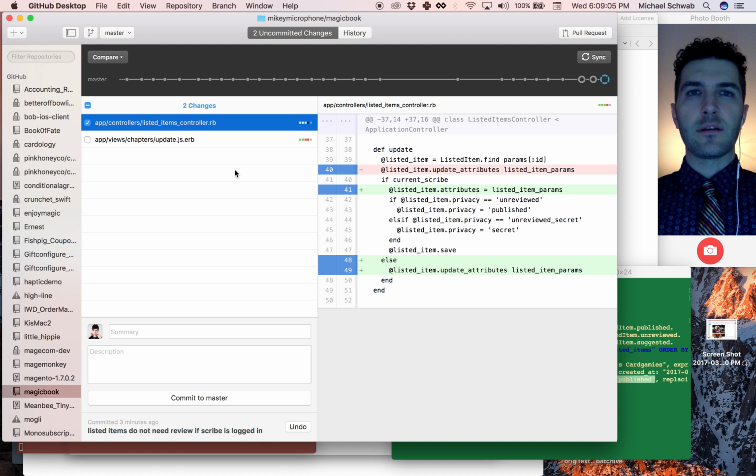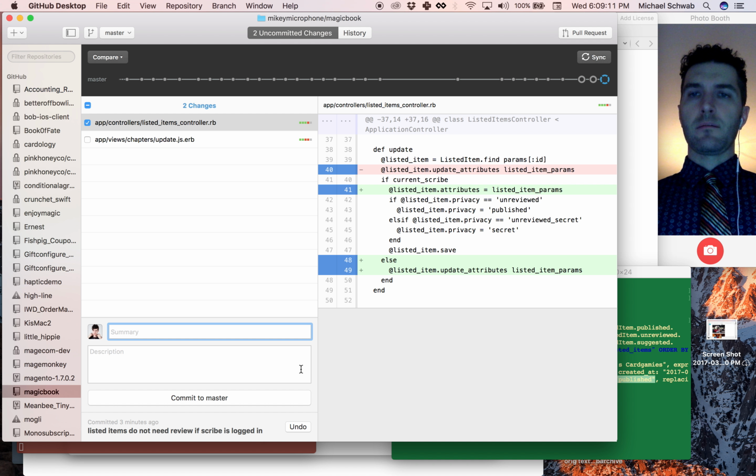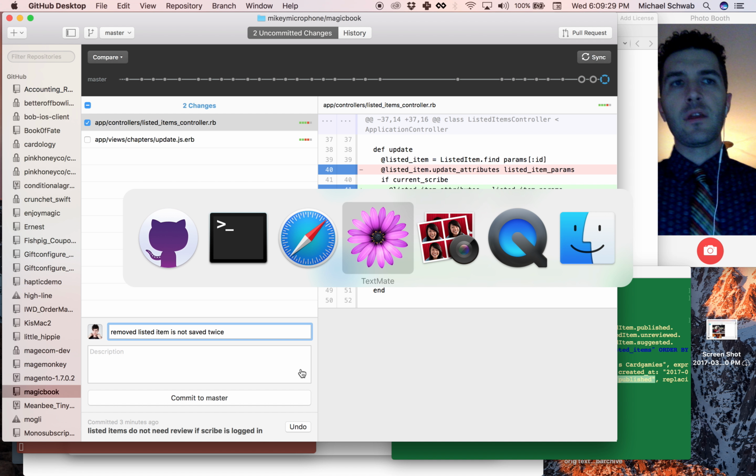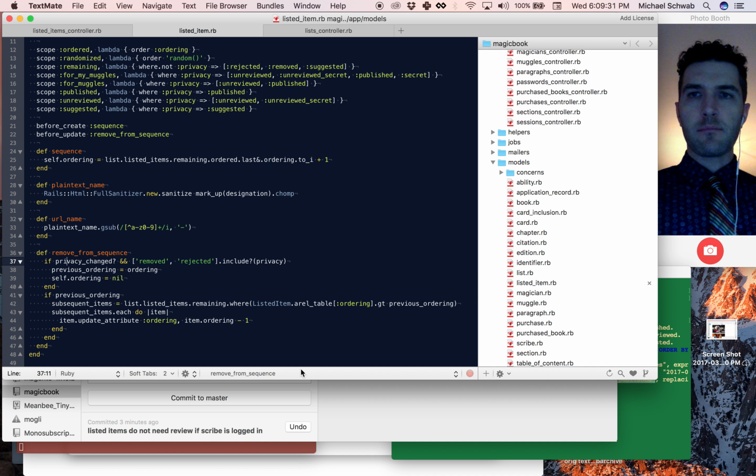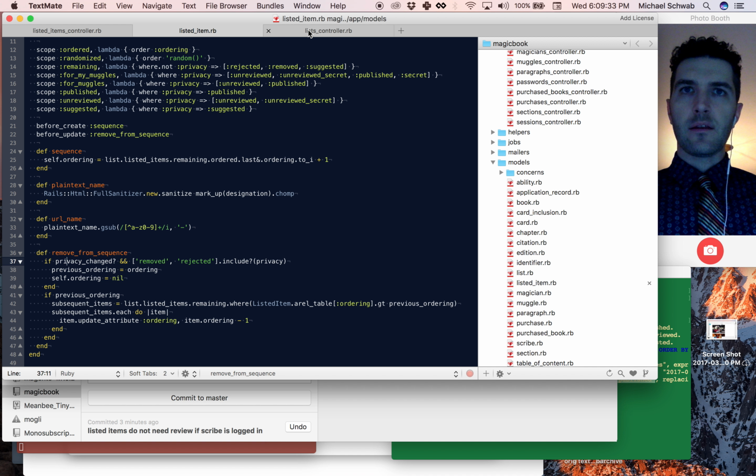I can actually update it right from here. And so now removed listed item. It's not saved twice. Okay, I'm thinking now that this logic is a bit more complex than I gave it credit for,